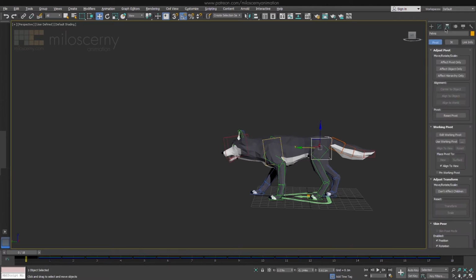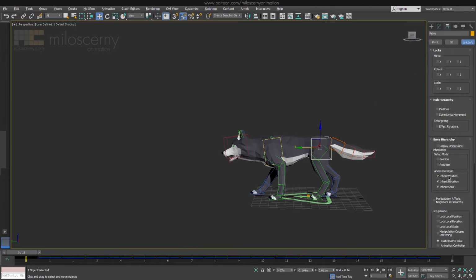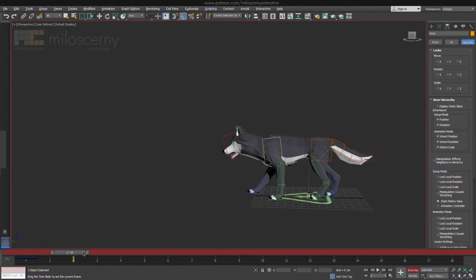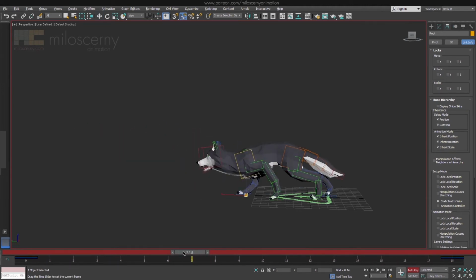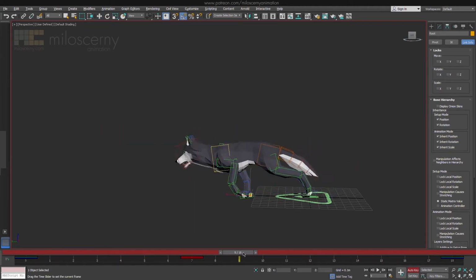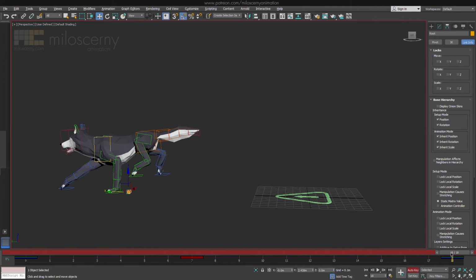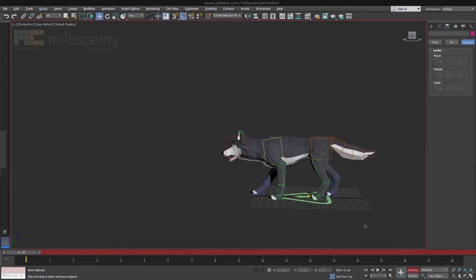CAD gives you an option to disable inheriting of parameters from its parent. If we disable them for the pelvis bone, you can see we can now animate the root bone separately and pelvis stays as it was. So basically this is all there is to it for setting up CAD rig for game engines. Just create a root bone, link pelvis to it and disable its inheriting of parameters.